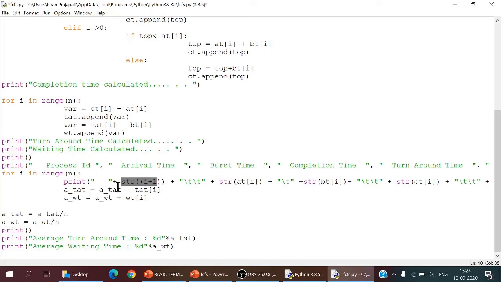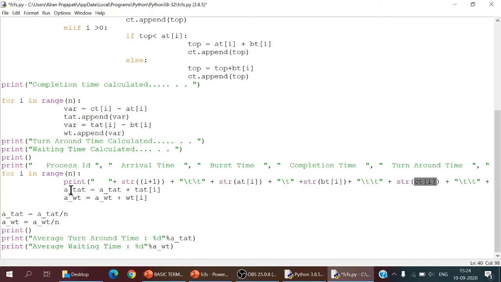The process ID is str(i+1), so accordingly it will keep incrementing P1, P2, P3, P4. Arrival timing is AT of i, burst time is BT of i, completion time is str of CT of i. That is the way I have written it.